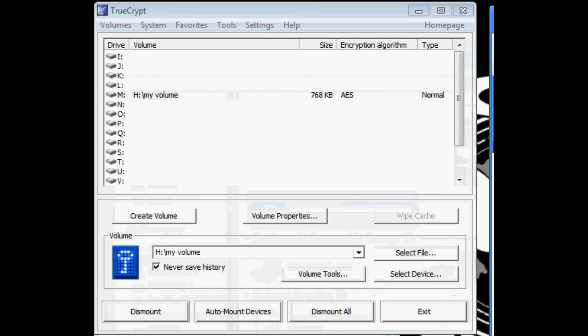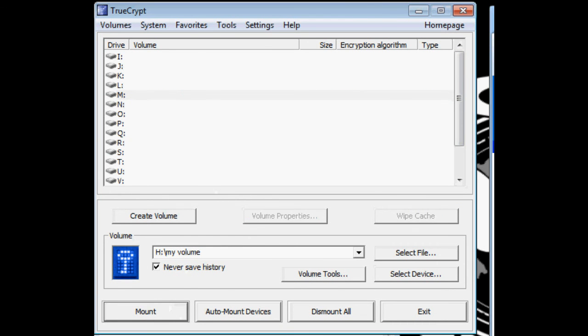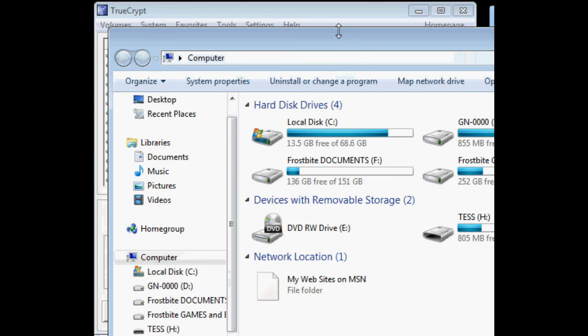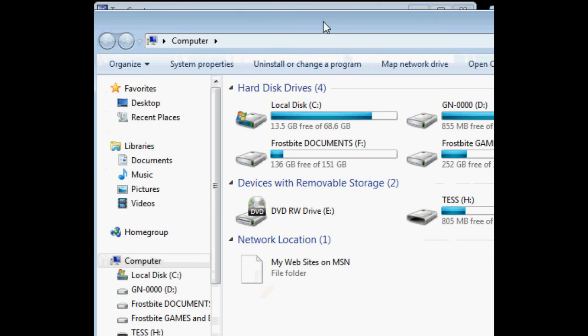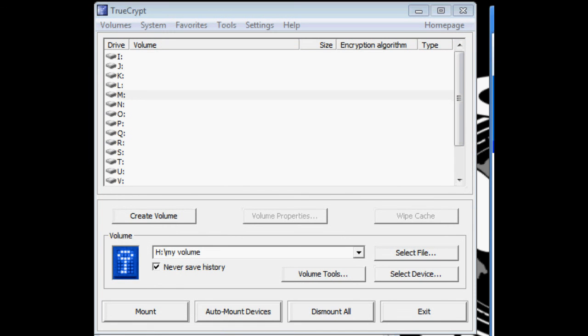See, so there you go. So dismount this. Let's look here again. There's no more drive M, so you can't open it any other way around. So there you go, how to encrypt a USB.